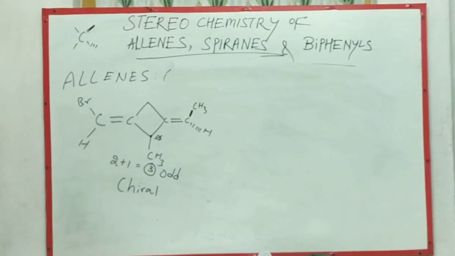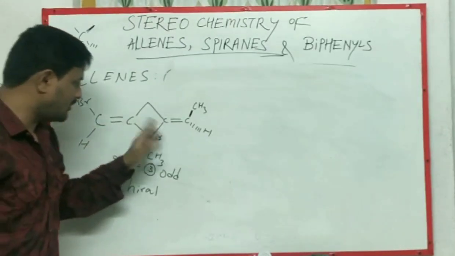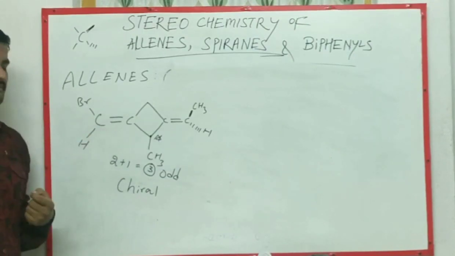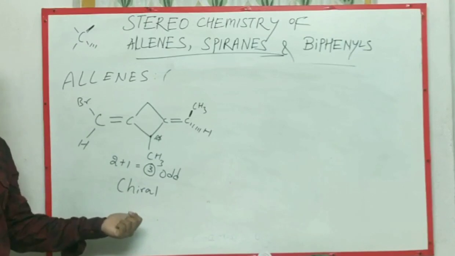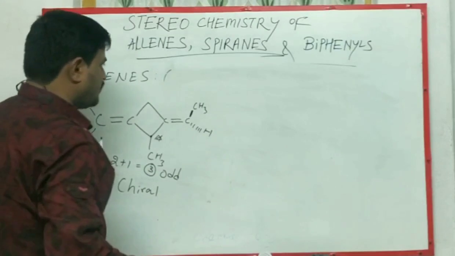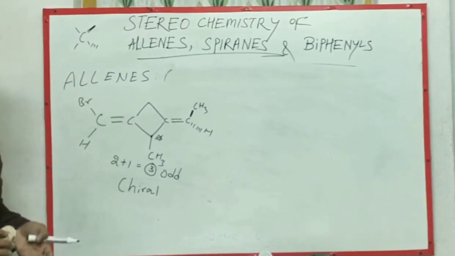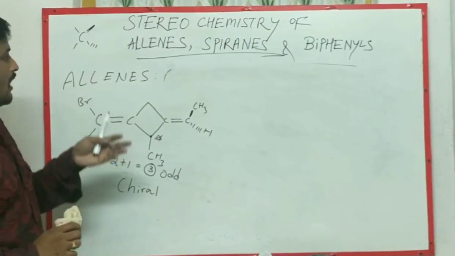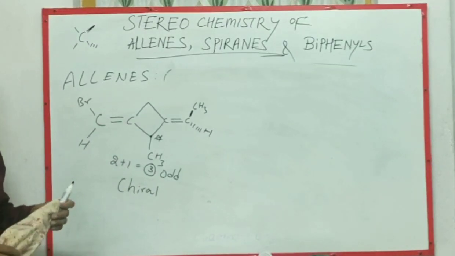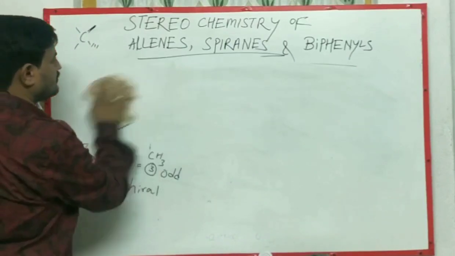Do you understand? In the case of allenes, an odd number of double bonds compulsorily means achiral. But here one chiral carbon atom is there, so it is a chiral, optically active molecule. Are you clear? These types of examples are also given. I hope you can understand the complete allenes topic: what allenes are, and the stereochemistry of allenes.